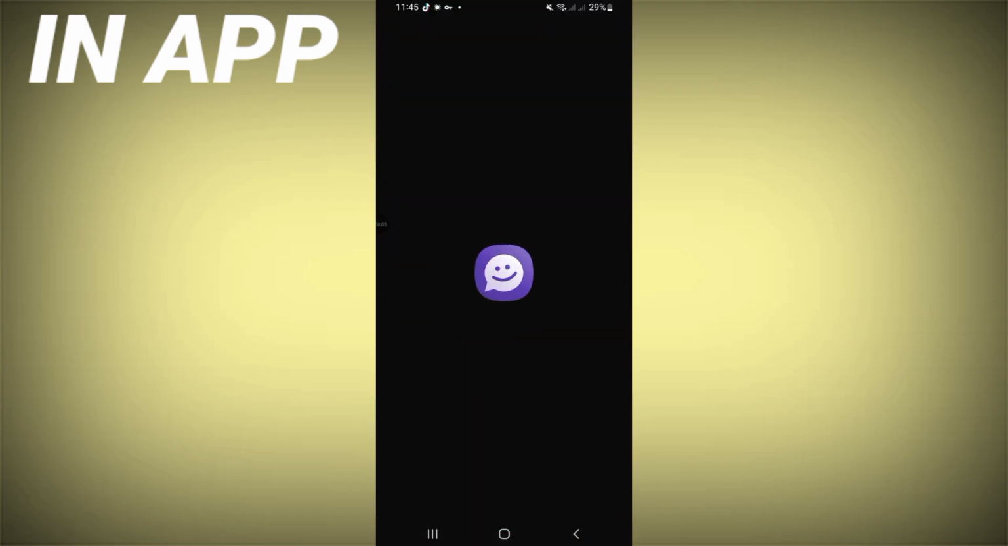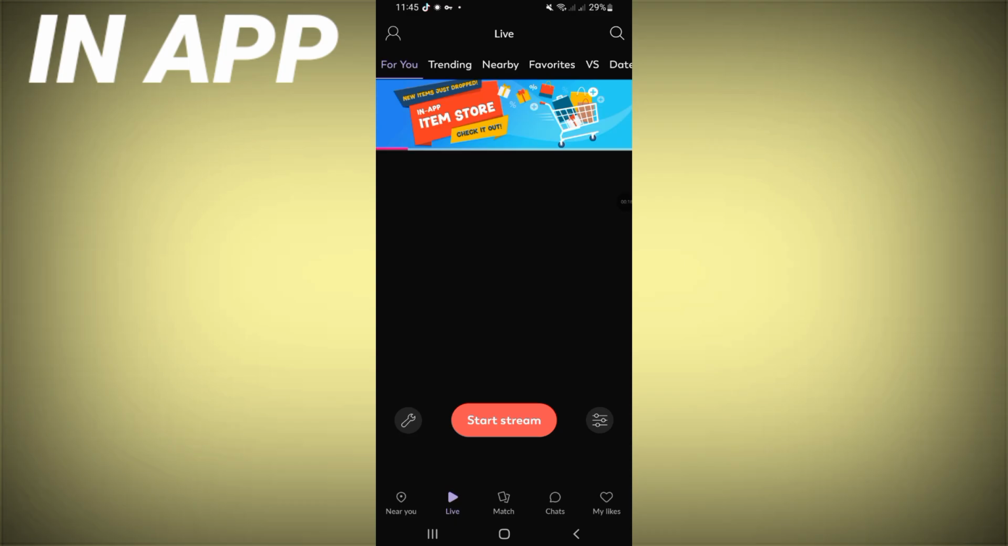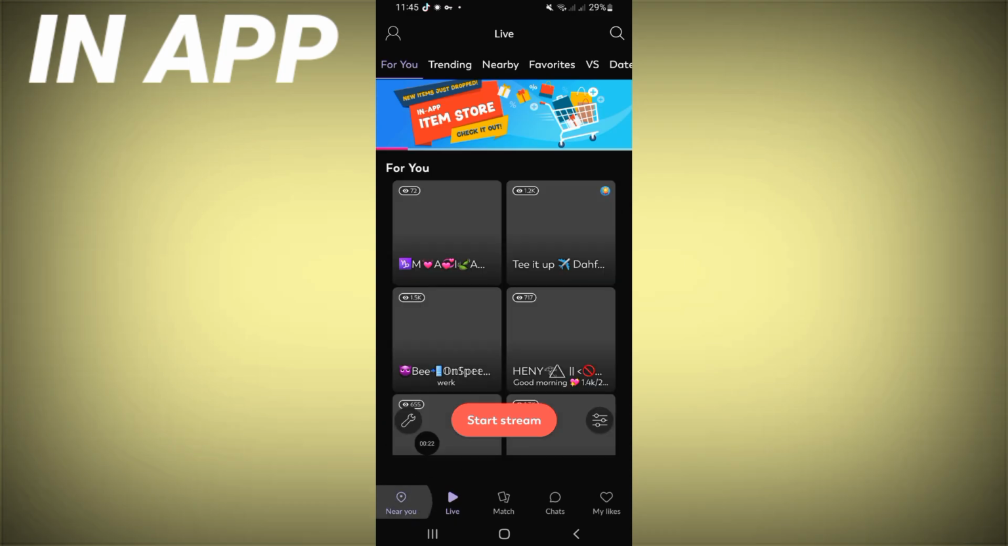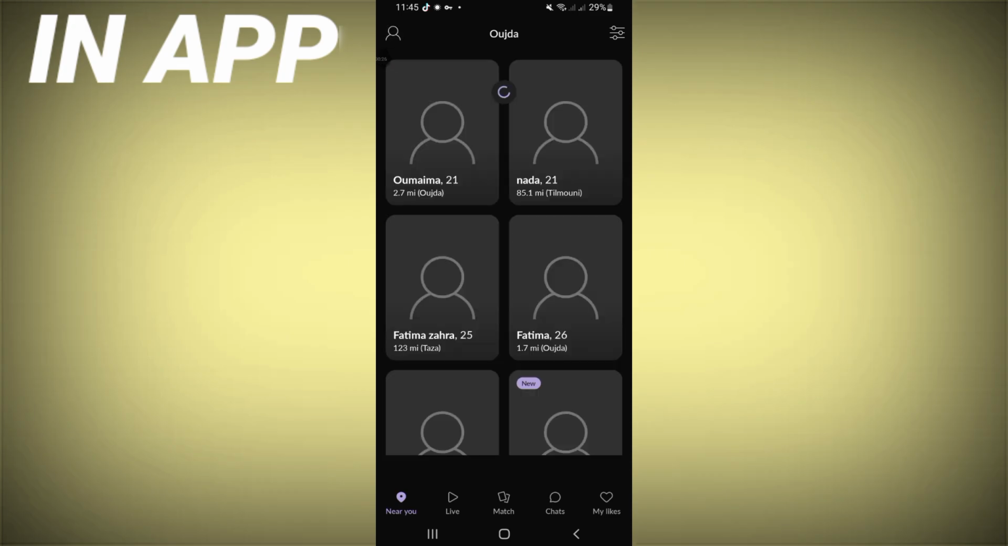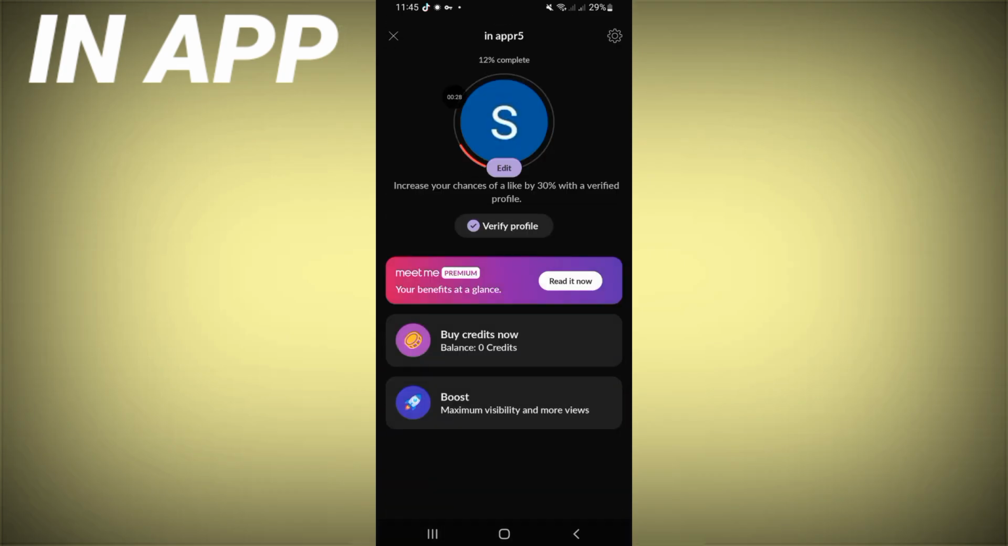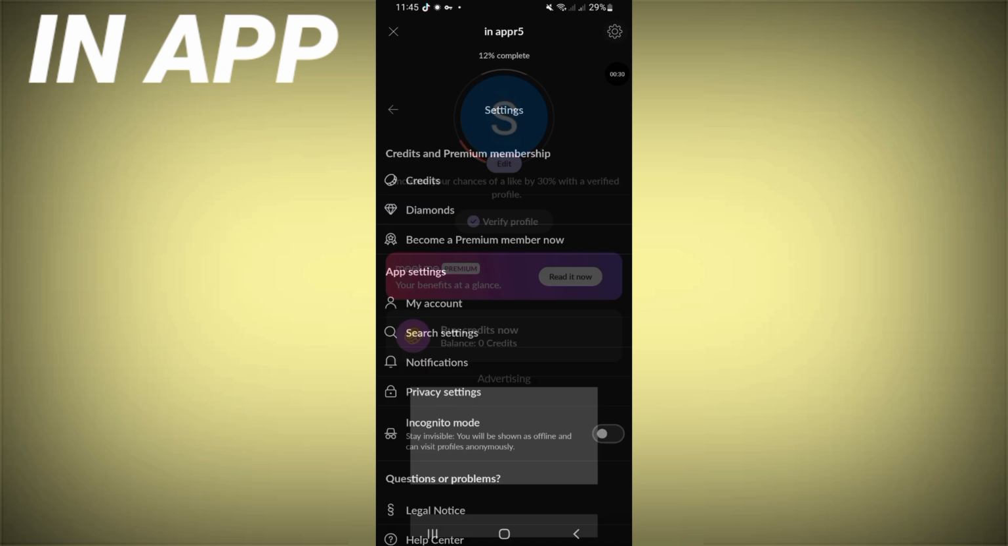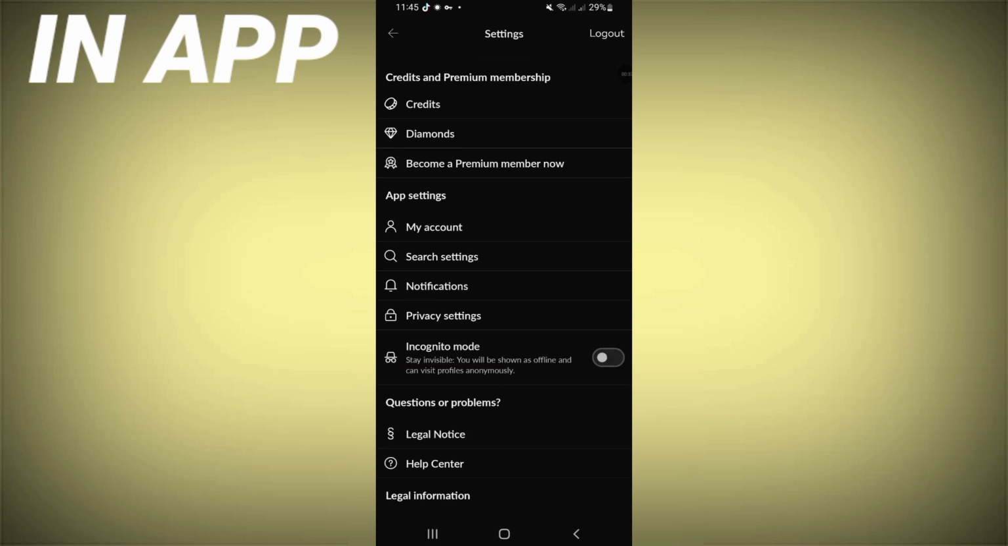Open MeetMe dating app first like this, and after the opening you should go now and you have to click here. So next click on your profile. So in your profile, open next settings. Click right now on